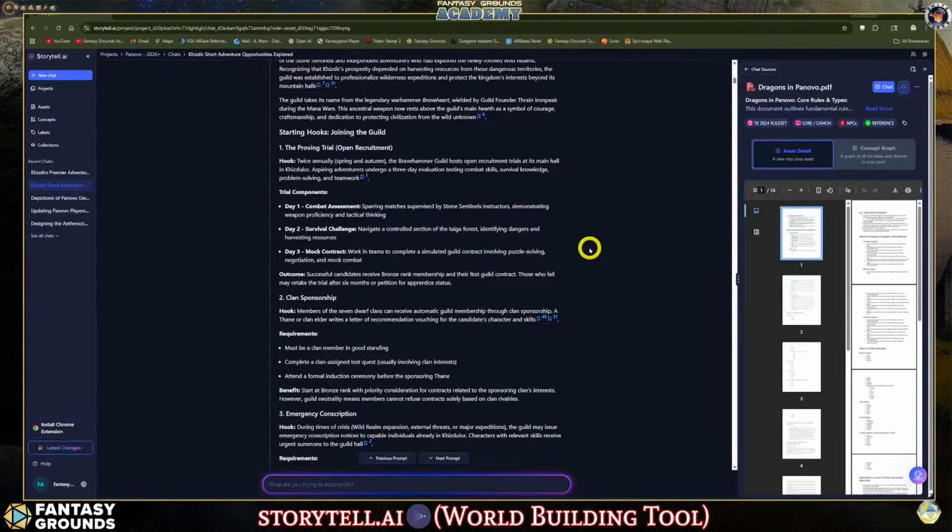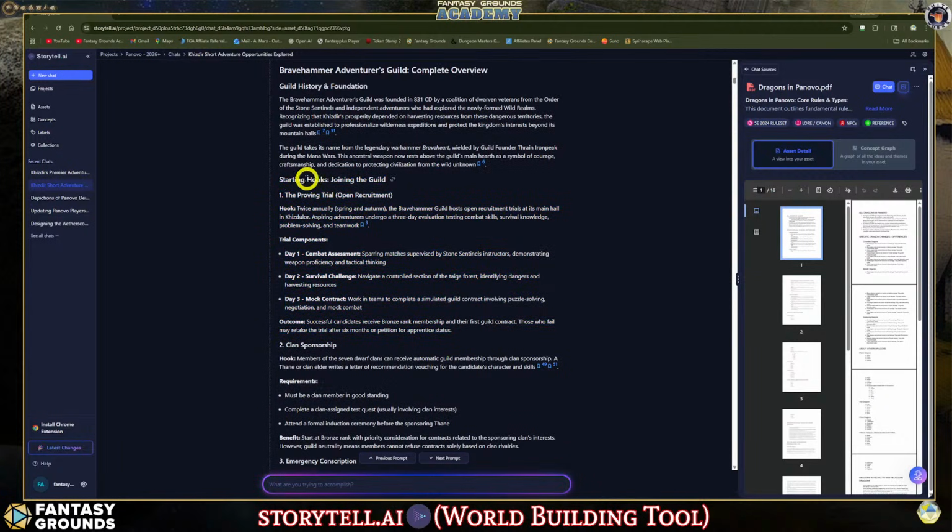I think that alone would be a great onboarding tool, not only for the Panovo world, but also for gaming, tabletop RPGs, and learning how to play a role-playing game as a team. So that alone, this starting hook, I think I'm going to make as my adventure. Even though it's not the most interesting and fun, it can be, depending on how you write it. And I think this is a good way to segue into using the supplement and getting familiar with Panovo